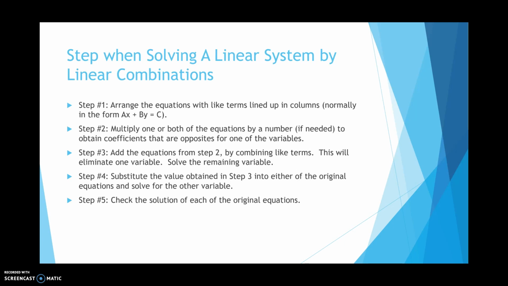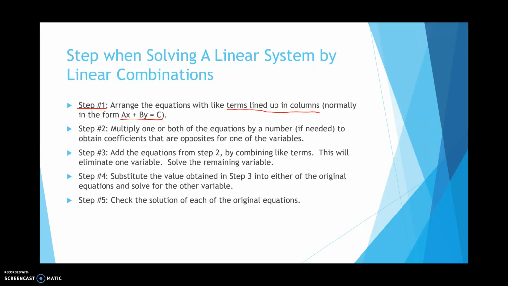Step 1. You're going to arrange the equations with like terms. You're going to line them up in columns, normally in the form of ax plus by equals c. That's going to help you. So line it up with like terms in the columns, ax plus by equals c. Step 2, you're going to multiply one or both of the equations by a number if needed. You'll see why I say if needed in the examples coming up, to obtain coefficients that are opposite for